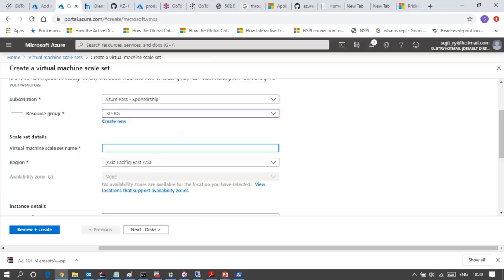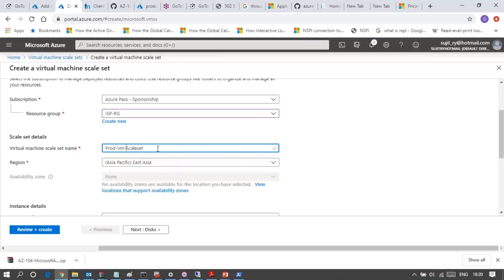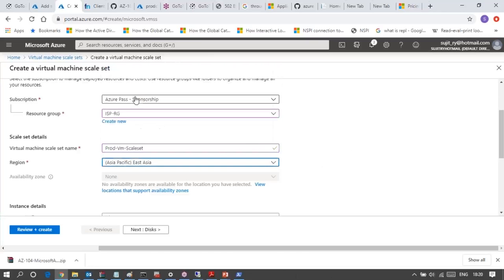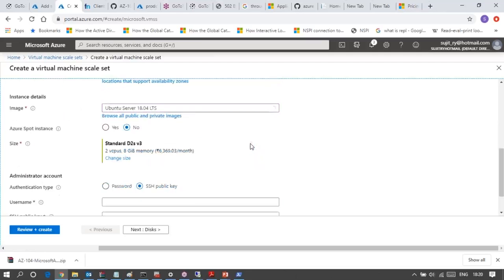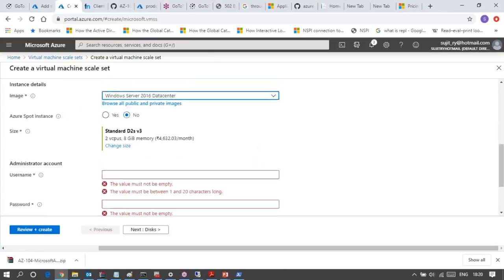Provide the name of the scale set. Region again is the same. So choose your image. Size, let me check the price. It is taking 9,000. Okay, let it be, no problem.